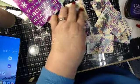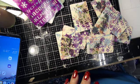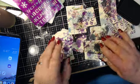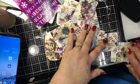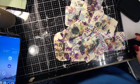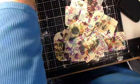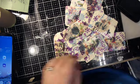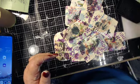Now what I'm going to do is I want to get some black. Okay, I got some Memento black here. Wonder how good it is. Some of my inks are old and they don't work good, but I still keep them. Now I'm going to put them over there out of the way. And I'm going to take this. This is a trivet. I bought that at the store. I've cut it into pieces. But now see, if you use that for a stamp,